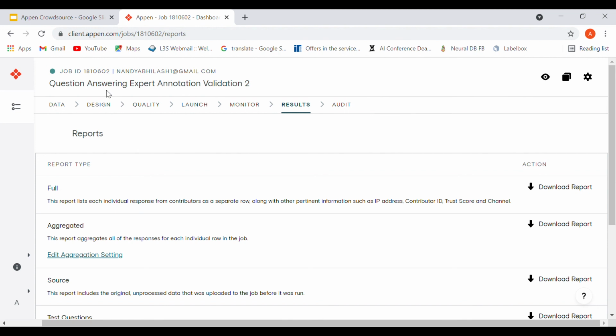Also, of course, the problem of underpayment of crowd workers is a prevalent problem which needs to be addressed. That's also the case in Amazon Mechanical Turk.